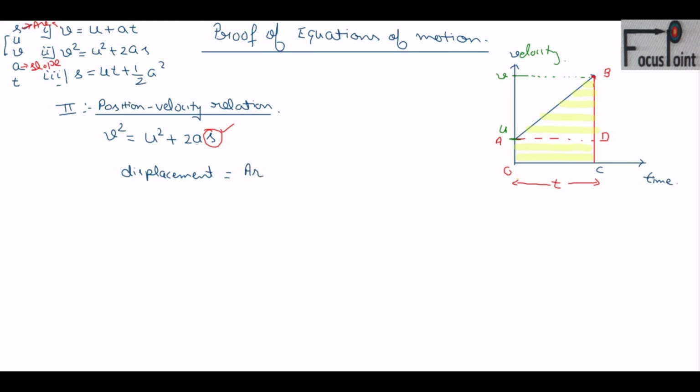to the area under the AB curve. Yes, sir. Okay, so displacement is S. Now here the area under the AB curve I am using as the area of the trapezium. So area of the trapezium, which trapezium? O, A, B, C. This complete trapezium we have to take. Area under the AB curve will give you the displacement.